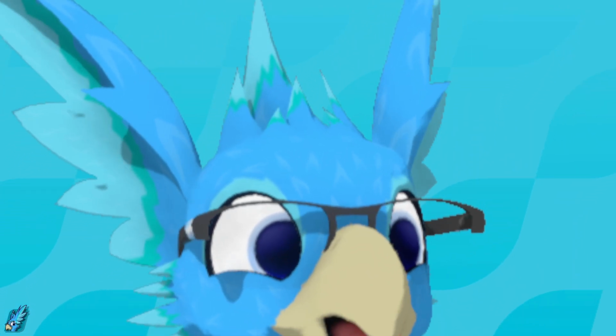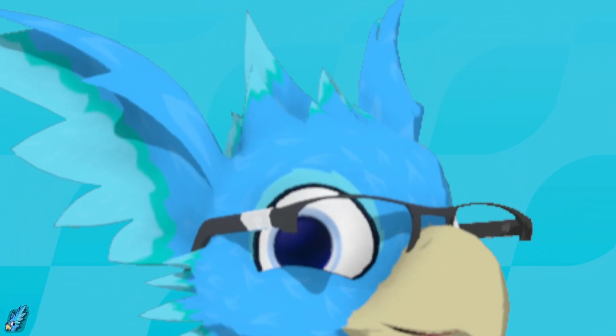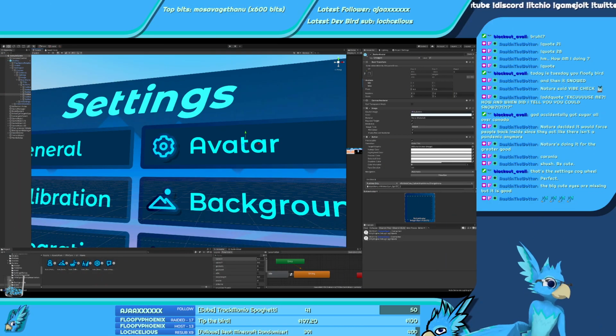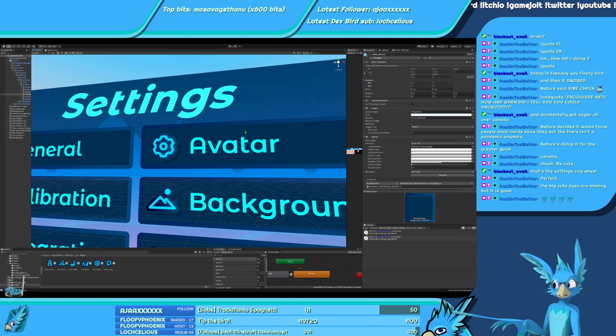I mean, it works. Decent. With the VR cam, that works. Okay, back to the other position. That's the VR position, the zoomed out position. There we go. Much better.